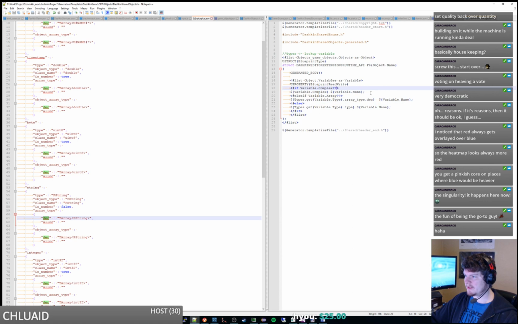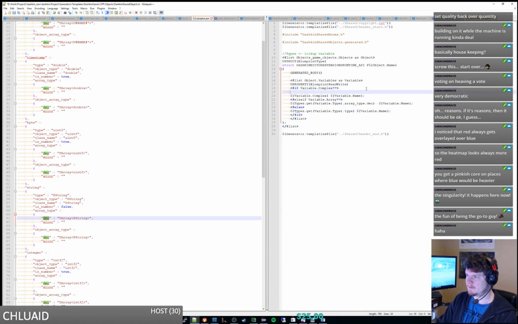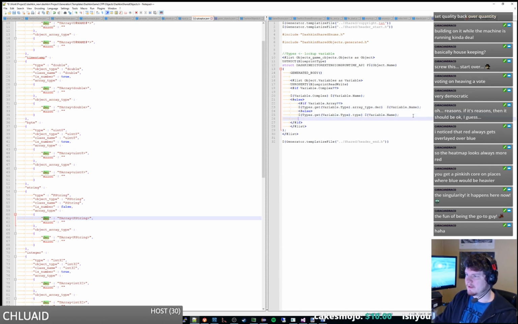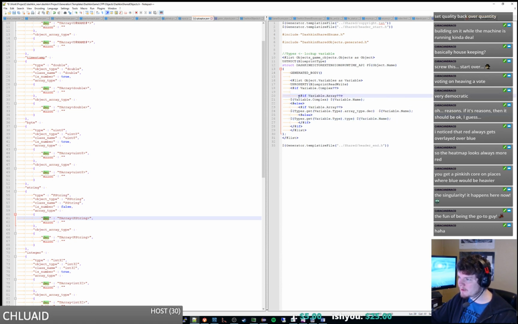Alright, so if it's complex, then we'll have a... Alright, why don't we do an else here, and then we do the if else kind of here. So this will be a pound if here. So if it's an array, we do that. And same thing here. So if it's an array of complex types,